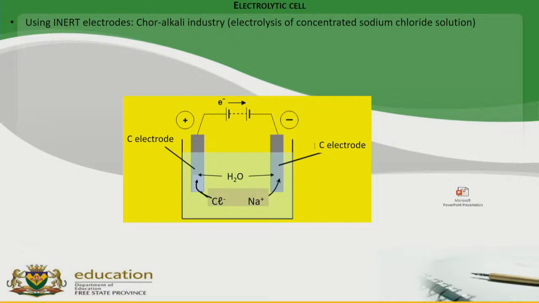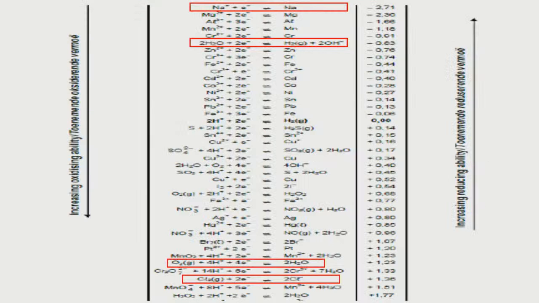Now let us move on to the next electrolytic cell, the chloralkali industry. Remember, it is the electrolysis of concentrated sodium chloride solution. So since it is also a solution, it means either chloride ions or water can be oxidized, or sodium ions or water can be reduced. So you go back to your table, you check. Sodium ions and water. Water is a stronger oxidizing agent than sodium ions. Therefore,